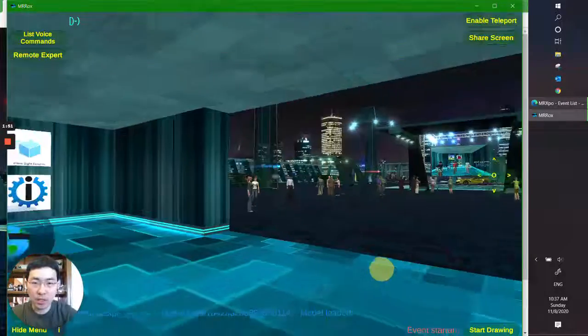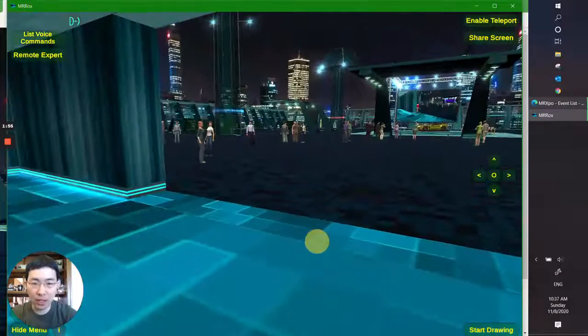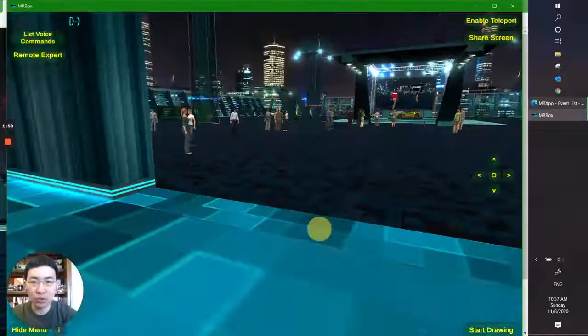So as you can see, it's all in 3D here. By default, you would hold down the right mouse button to rotate your view, and you can use